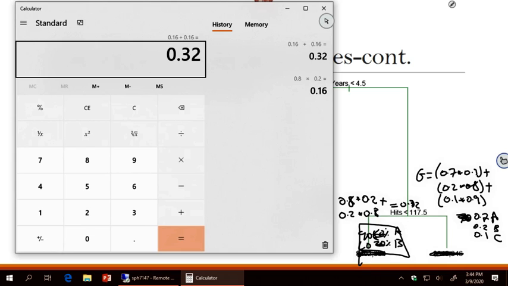So if I change this to 90 and 10, what is the G value? It is 0.18. So now the value is much smaller than the previous one. Now, what if I change this to 95 and 5? It will be even smaller.